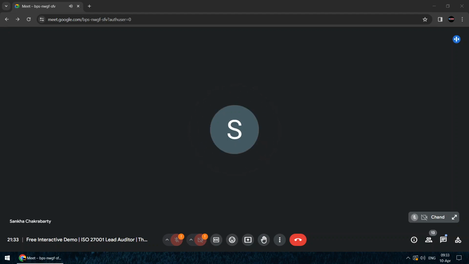And apart from that, Splunk will be an add-on, because these two are ruling the industry now. Previously they used to have IBM QRadar as a SIEM tool, but now the market has been taken by Splunk and Sentinel. Maybe after ten years some other tool will come and you will have to learn again. But ISO will remain the same, because the ISO standard has been there since 2005.